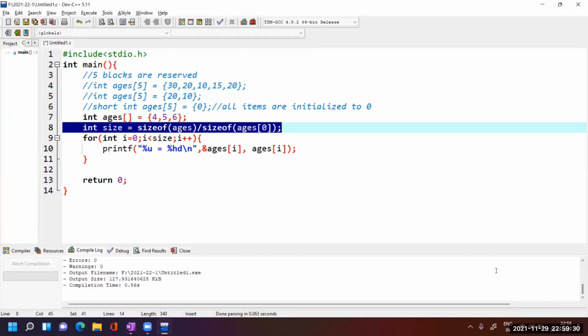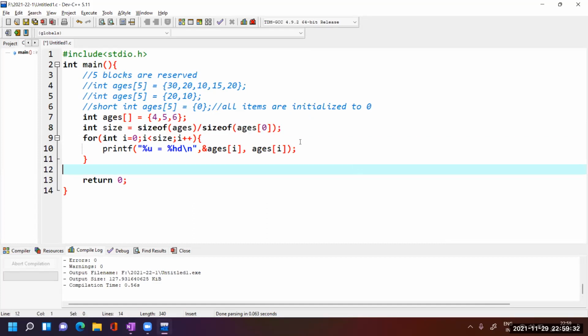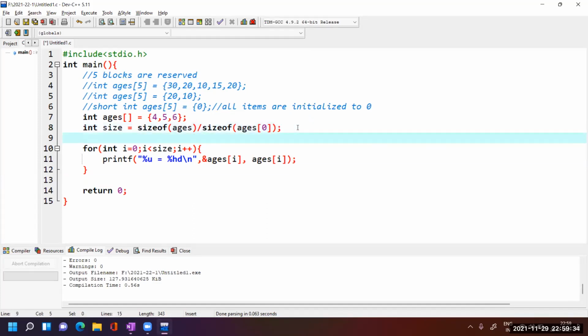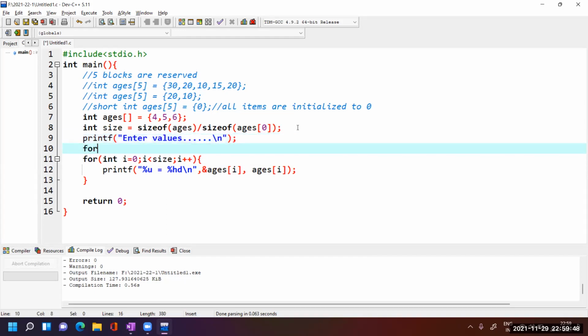Let's check it here. Let's take the input, give a message, printf, enter values. Let's use a loop for input: i equal to 0, i less than size, which has been calculated and represents the number of items.